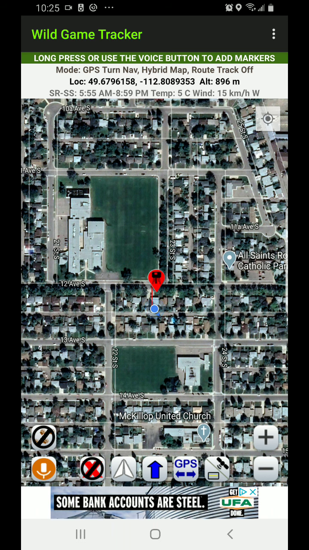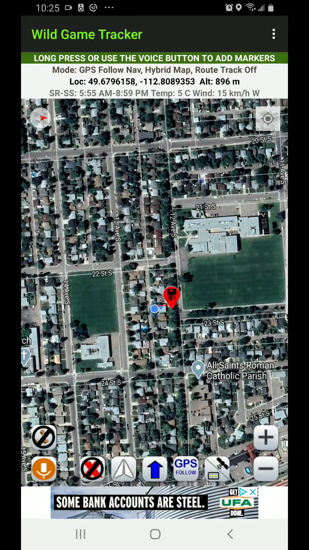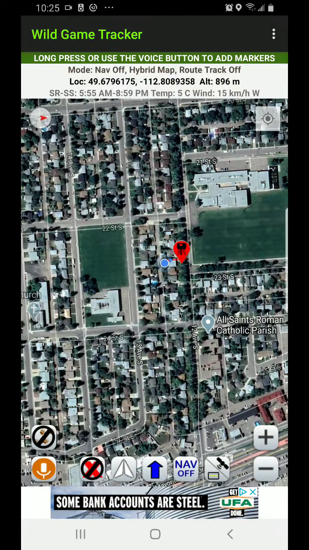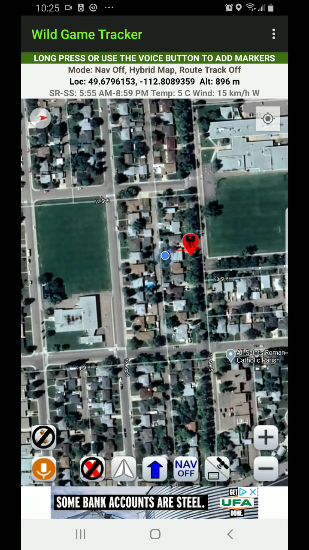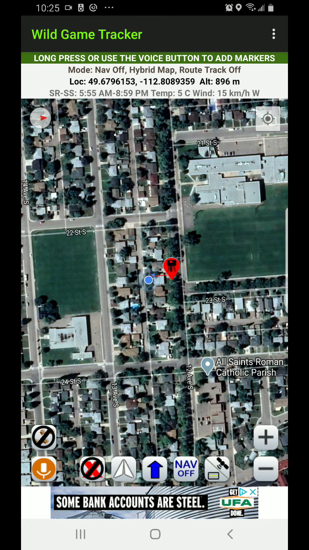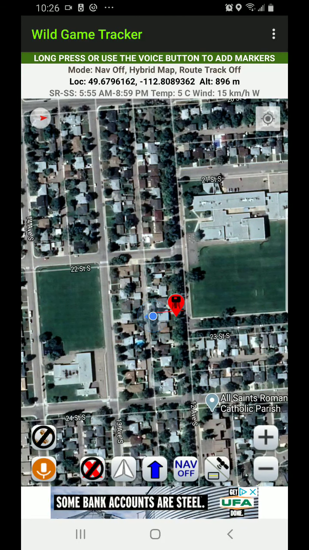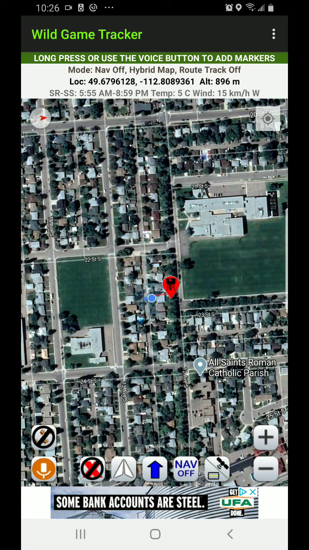So the first time you load up, it's likely going to be set to nav off setting, which you can see there, which means that there's no navigation. What that means is that you can move around the app and it's not going to come back to track your location. It's always going to zoom in with the last saved map type, as well as the last saved zoom level, and also the last saved navigation style. There's actually 4 navigation styles, but when you first get into the app, let's go over the core